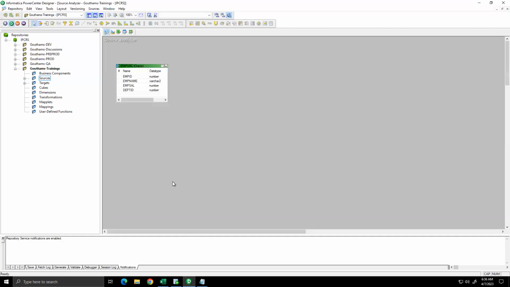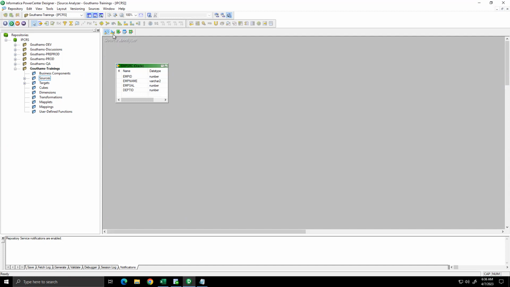Let's open Mapping Designer. I hope by this time you know the basic steps of Informatica development: step 1, step 2, step 3, and the prerequisite step that you need to perform. What is the prerequisite step? You need to import whatever source and target objects you want to use in your development into Informatica PowerCenter. Since I have already imported those tables or objects into Informatica,